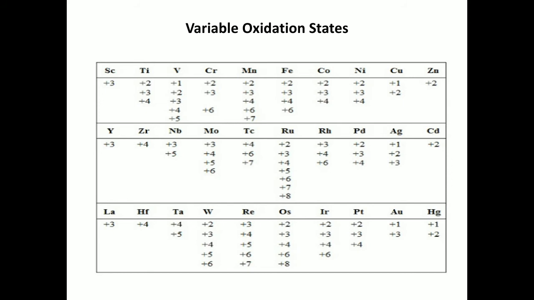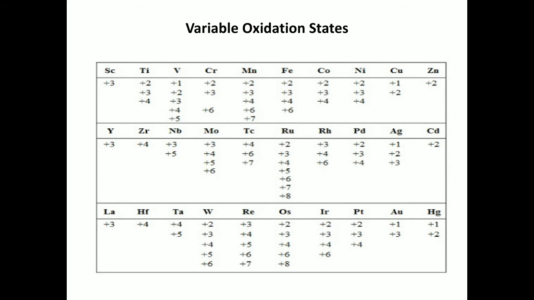At the same time, they are metals. Metals can easily lose their outermost electrons. So by grouping all these reasons, we can explain the variable oxidation states of the d block elements. Here, the general electronic configuration of transition elements is (n-1)d 1 to 9 and ns 1 to 2.